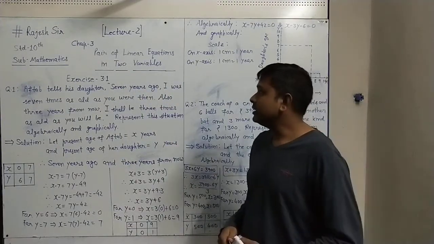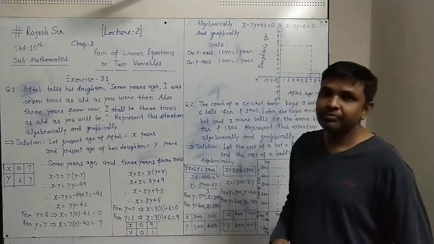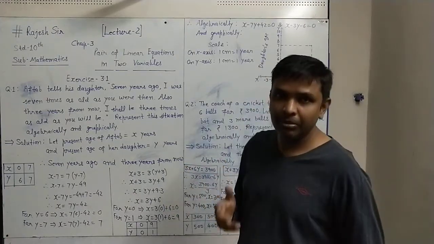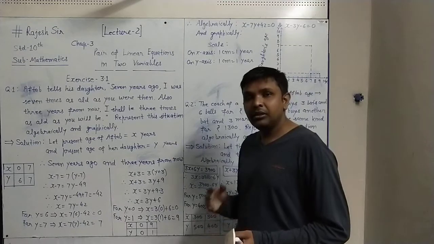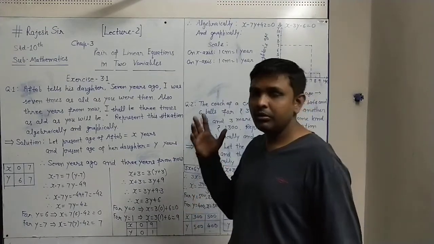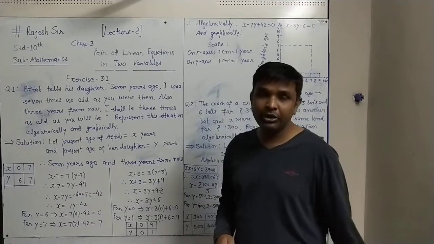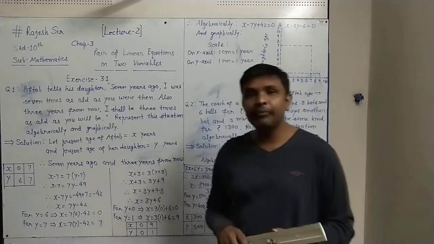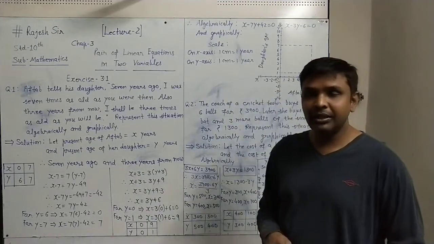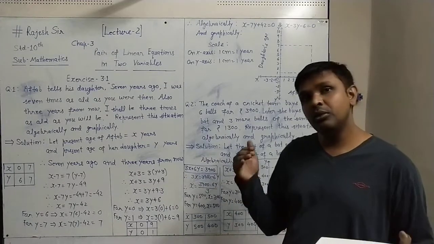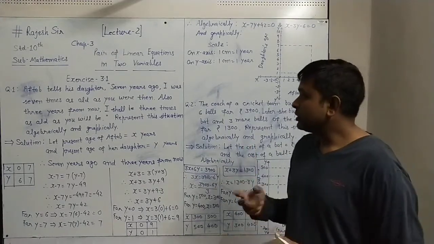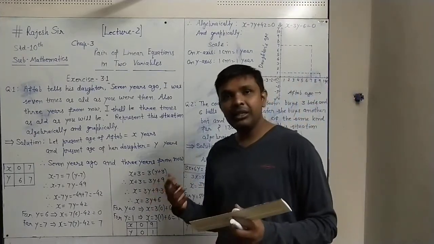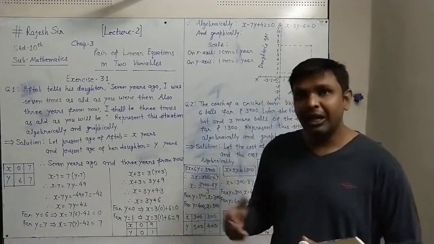In the first lecture we have seen the pair of linear equations in general form: a1x plus b1y plus c1 equal to 0 and a2x plus b2y plus c2 equal to 0. When we have two lines on a plane, how many possibilities are there, that also we have seen. The two lines may intersect each other at one point. Two lines may not intersect each other, that is the parallel lines, and two lines may coincide with each other. So three situations we have seen. Now we will see how to represent these lines as an equation which were given in the graphical form.